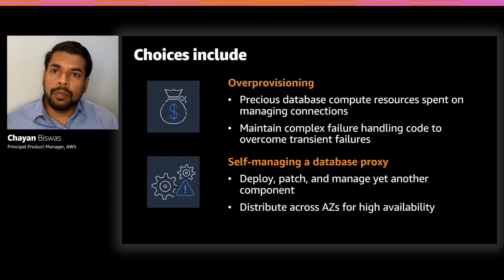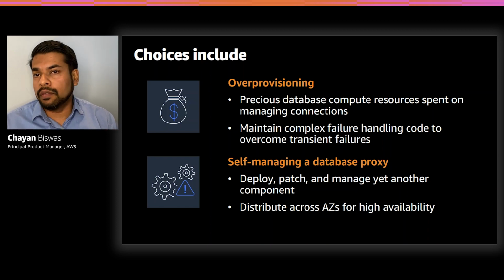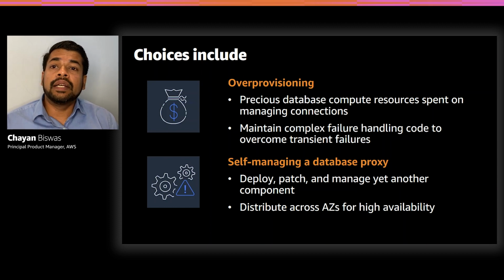In addition to that, a proxy is the entry point to the database, which means it has the potential to become a single point of failure. So if you're running a proxy yourself, you have to ensure that it has adequate capacity, that it is able to scale with your application and manage all the connections from your application, and that it's highly available. It is distributed, and if there's either a node failure or an AZ becomes unavailable, you're still able to sustain through that. And all that is a lot of complex, undifferentiated work. So with this context,